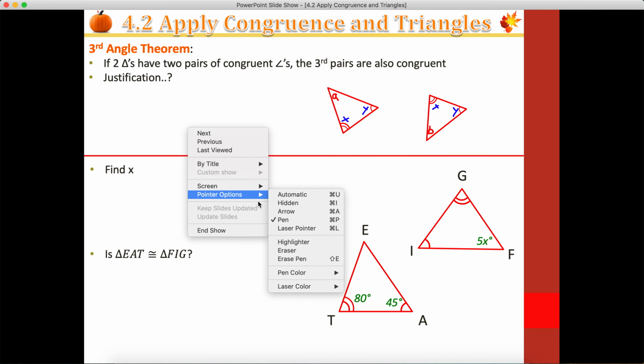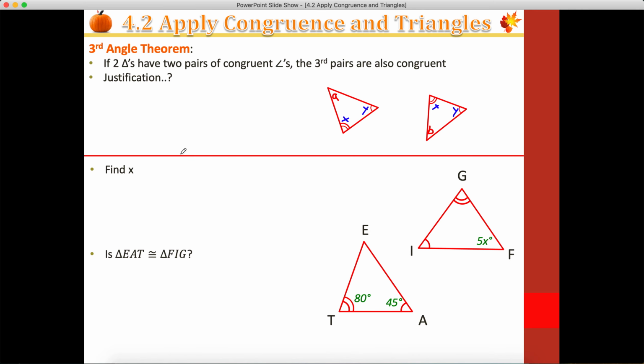So also what I know about triangles is that the sum of their interior angles is 180 degrees. So from this left triangle, I can say that A plus X plus Y equals 180 degrees. From this triangle on the right side of the screen, I can say that B plus X plus Y equals 180 degrees. So in other words, if I look at the corresponding parts here, if I subtract X and Y from 180 on each side, I get that A is equal to 180 minus X minus Y, and B is also, if I do the same thing on the bottom, equal to 180 minus X minus Y. So a little bit of transitivity tells me that A is equal to B,